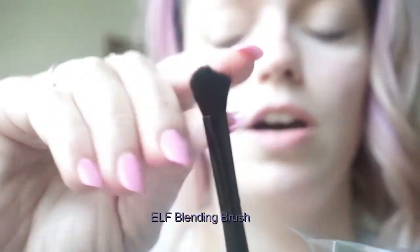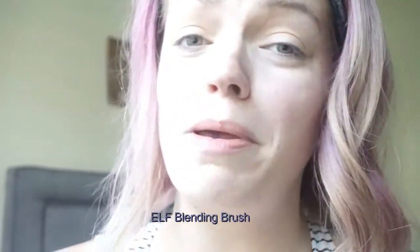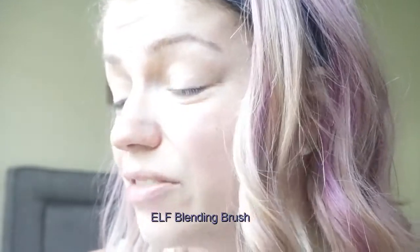So I think I'm gonna try to just do an everyday look with this. And I'm gonna try to do all my tools from the drugstore too. So I did buy a couple of things. I bought this e.l.f. blending brush, and I do like it. It looks like it's really soft too. So I'm going to try my best. I don't have a ton of drugstore tools, but we will try. Oh yeah, this is so pretty. All right,